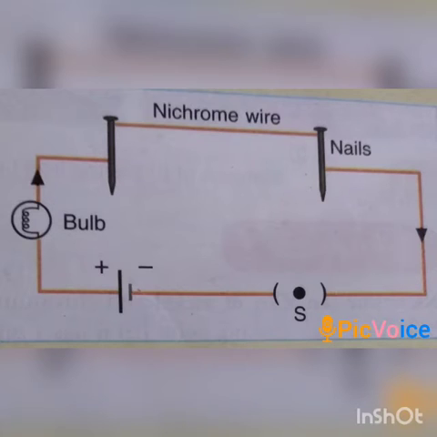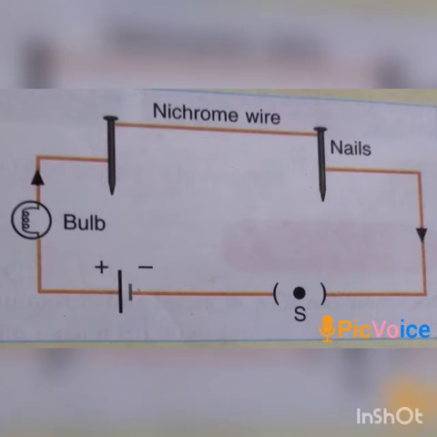The nature of the material is determined by the electrical resistance, which is the opposing force which opposes the flow of current through it. It is known as electrical resistance. And the third one is the time for which electric current flows through the given wire. These are the three factors on which the heating effect of electric current depends.